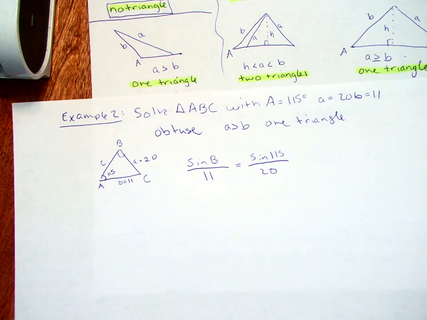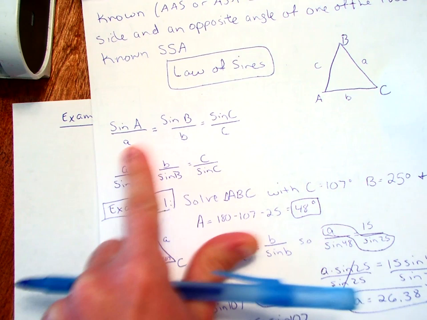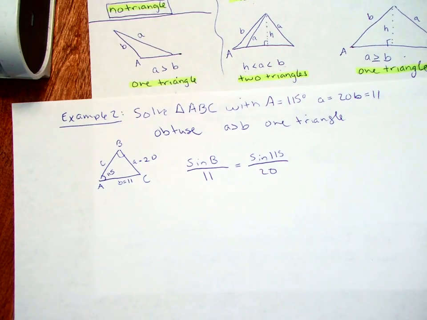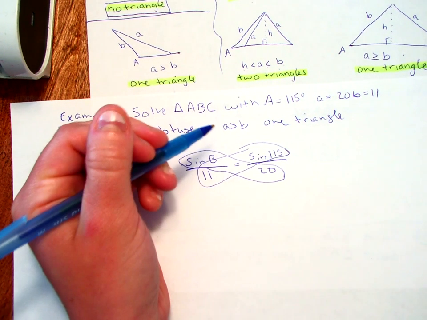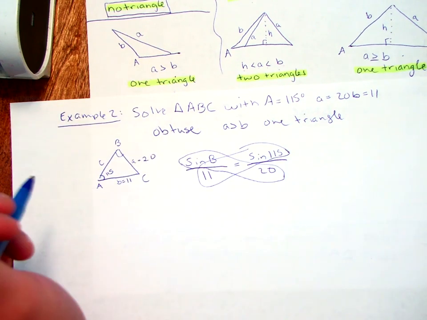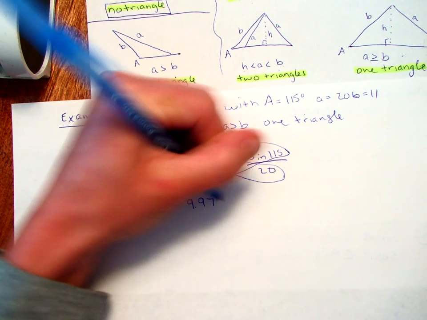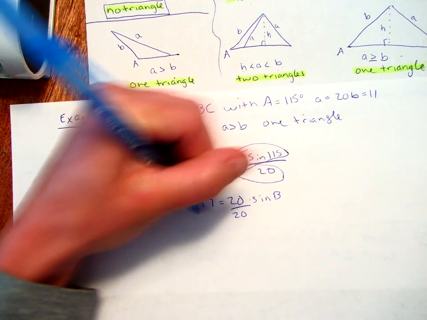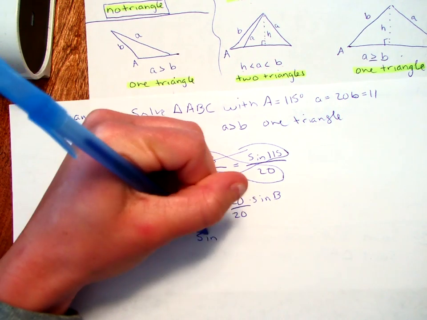This coincides with what we did yesterday, where law of sines was either the sines on top and the sides on the bottom, or the sides on top and then the sine of the angle on the bottom. So that's where I'm getting that equation from. And we cross multiply just like we did yesterday. So we get 11 times the sine of 115, which is 9.97, equals 20 times sine of B. So then we divide by 20, and you wind up getting sine of B equals